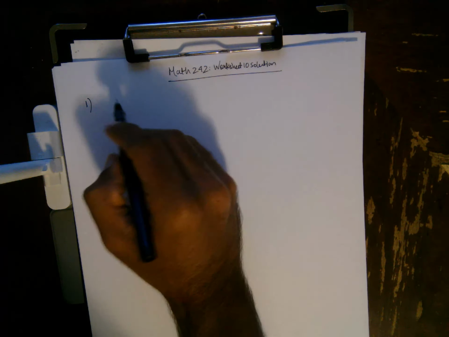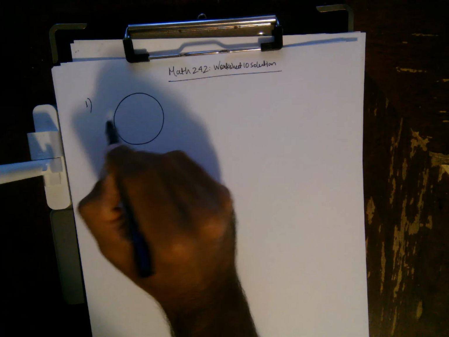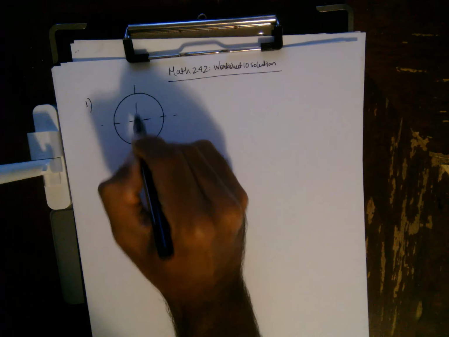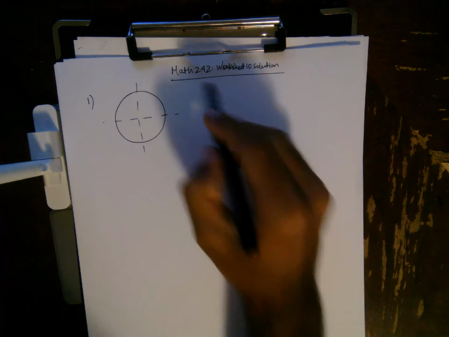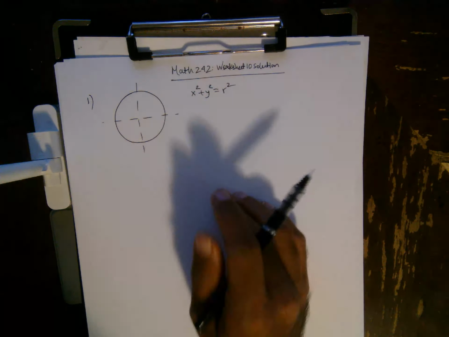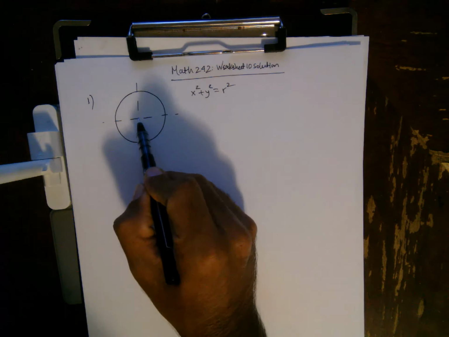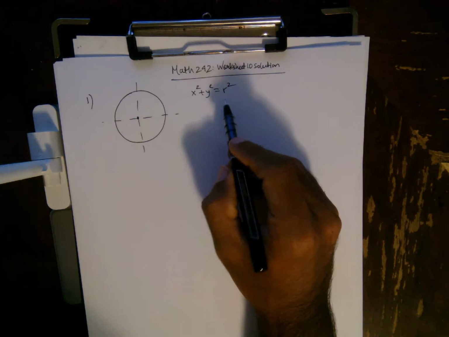Okay, the first one is you're trying to show that the circumference of a circle is 2 pi r, which is a formula that you know. We're going to use calculus for it. Because circles are transformatively equivalent, it means we can just look at a circle centered at origin, whose equation is